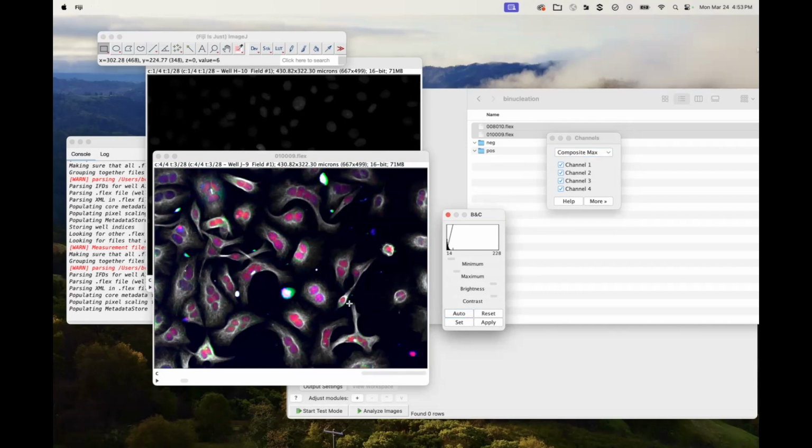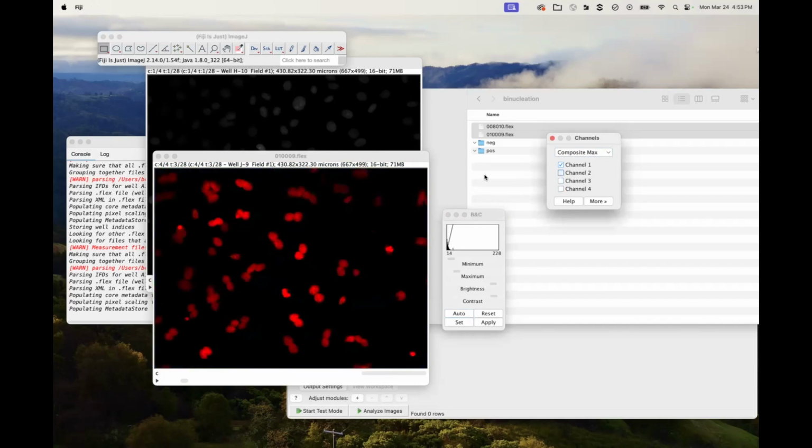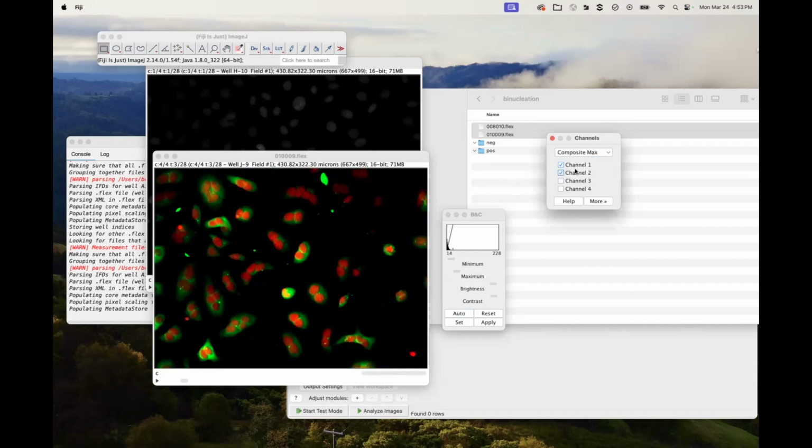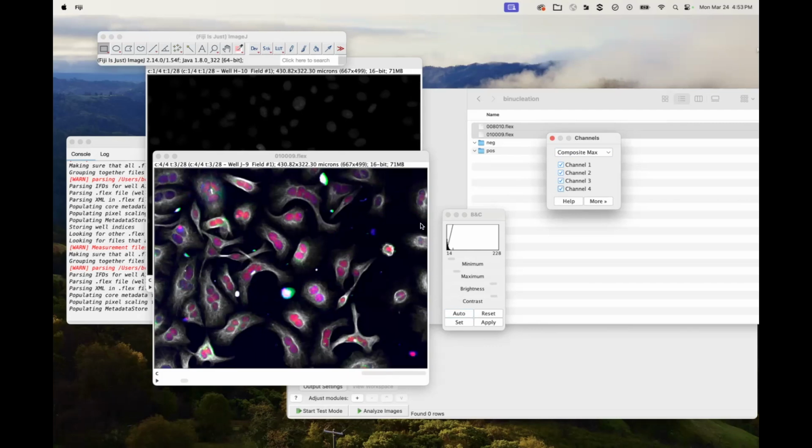And so we clearly have a cytoskeletal marker here in this fourth channel. This first channel is some sort of a nuclear marker. And we could go back and look at the metadata that the people have uploaded if we needed to know more specifically than that. But for our purposes here, we're just exploring and seeing what's going on. Some sort of cytosolic marker, and some marker that I'm not quite sure what it is. It's really bright here, it's really bright here, it's really bright here in some of these speckly places. So those could be debris or those could be mitosis. That could be some sort of a mitotic marker.